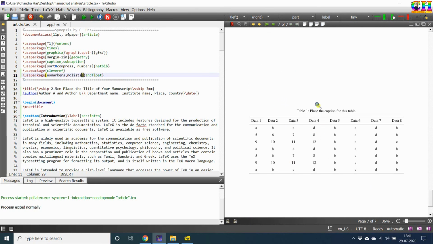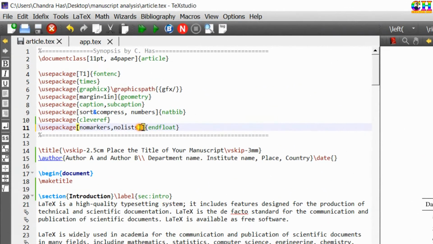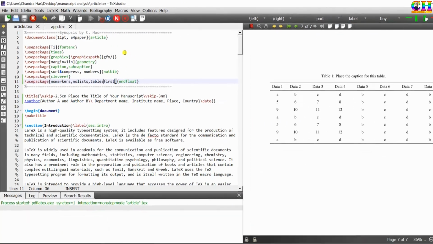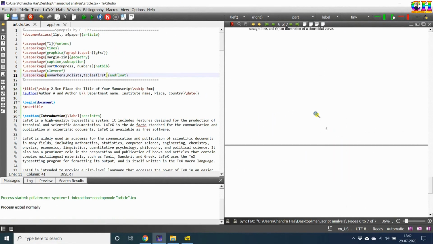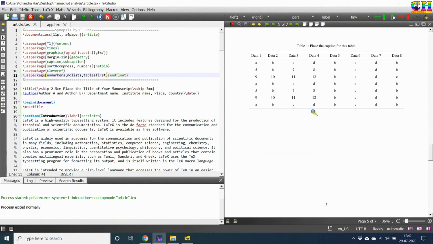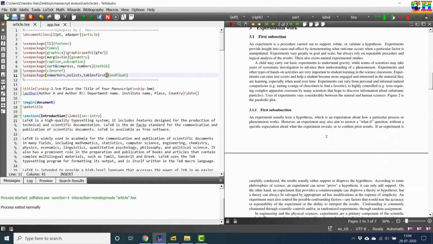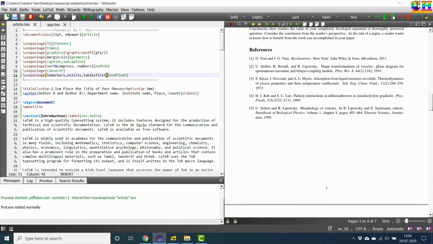For example, if you want to print a table first, then just write tablesfirst at this place. Total number of pages is 4 when all the floats are excluded.